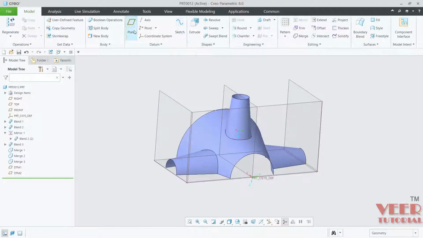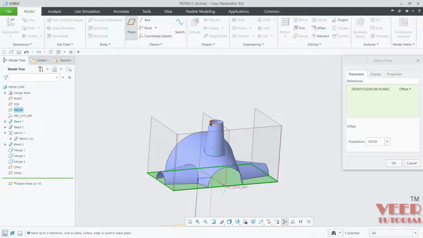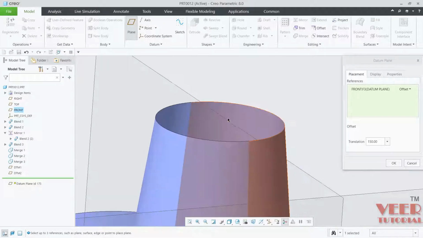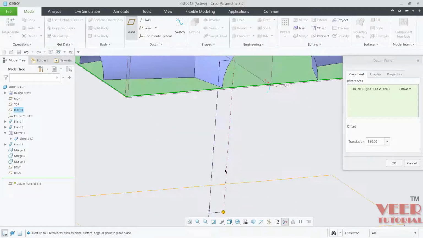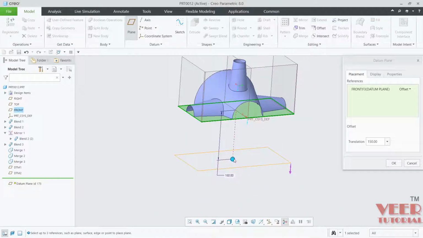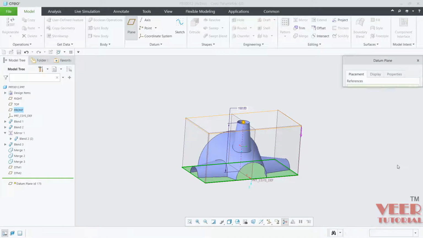So I will go to plane once again. I will need the reference of this plane, that is the front plane, and then select the center of the circle. Okay, right now we don't have any datum point reference, so I can also offset it. Pick up this offset in the other direction. We know this gap is 150. Click OK.